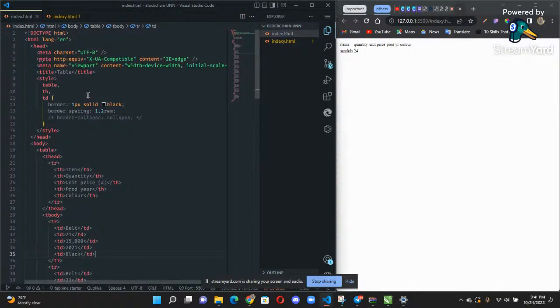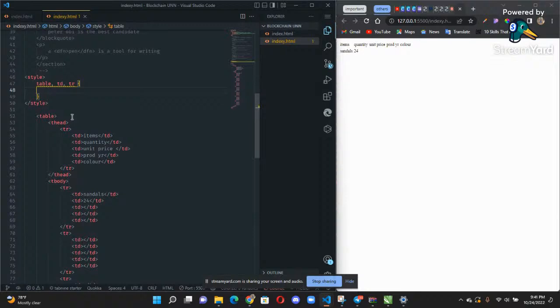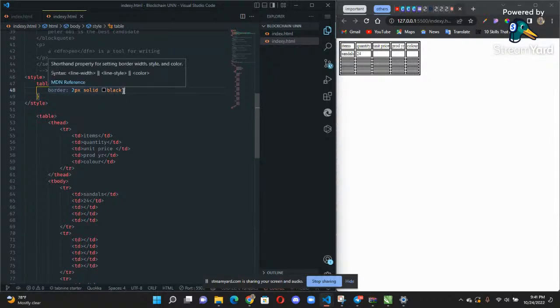The table TD. See, I'll add the border. 2px solid black. Let me remove the spacing.